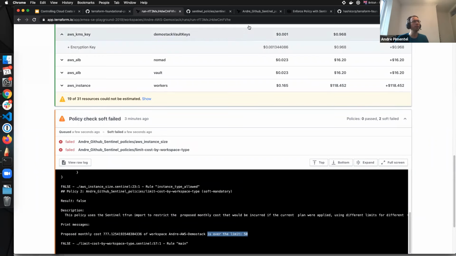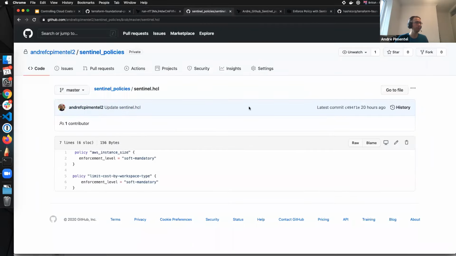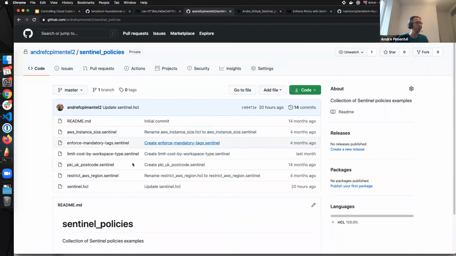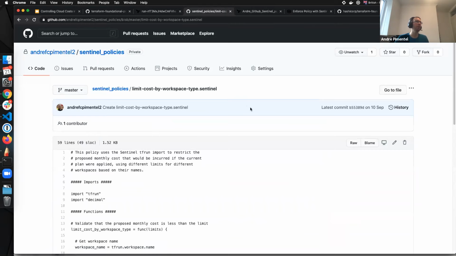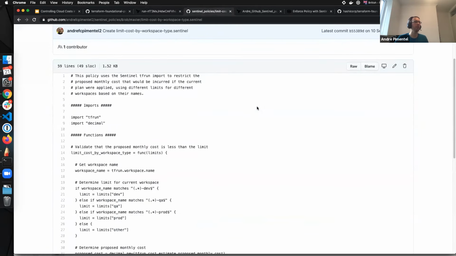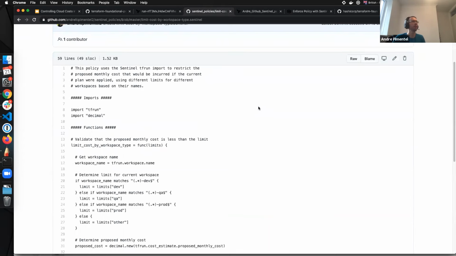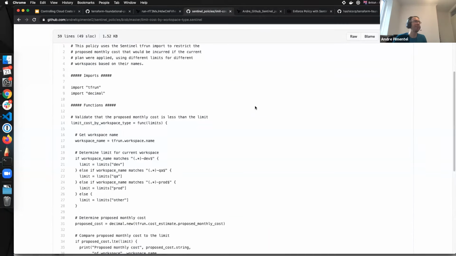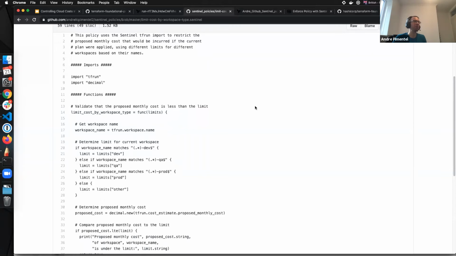So let's take a look at the actual policy here. Limit cost by workspace type. This is a very good policy that one of my colleagues, Roger, developed last year. We have here a list of suffixes in workspaces, if they are -dev, -qa, -prod.